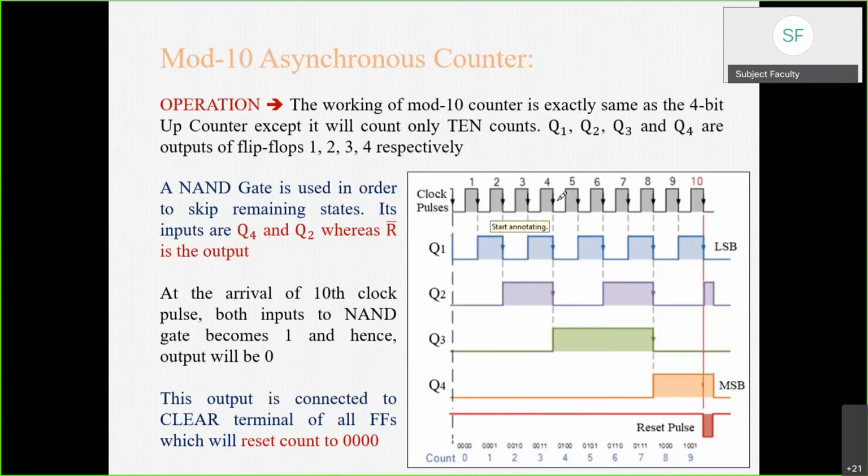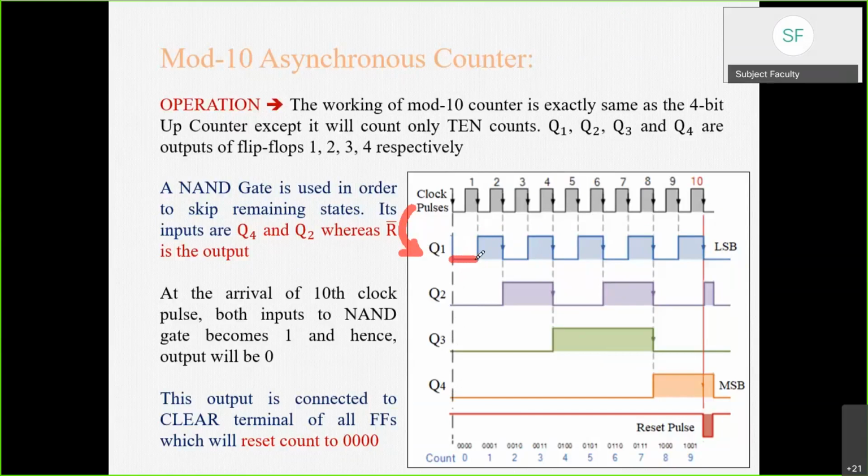So again, these clock pulses are given first. So 10 clock pulses are shown here. Then you can observe negative edges have been already marked. This clock pulse is nothing but the clock input of Q1. So Q1 will change its state only at the negative edge of the clock pulse. Initially, we have assumed Q1, Q2, Q3, Q4 all at 0 0 0 0.